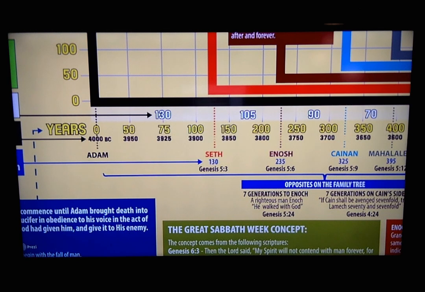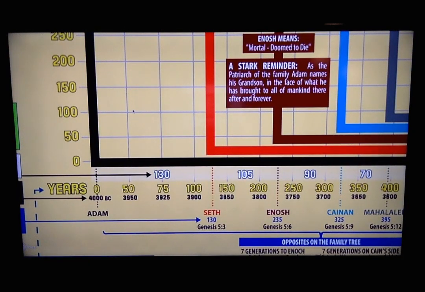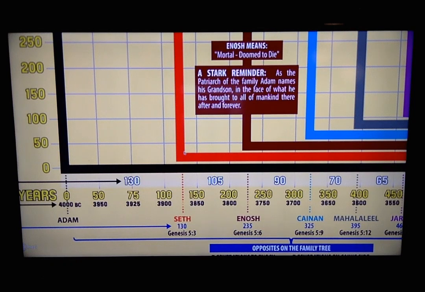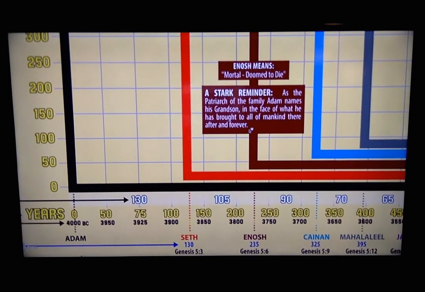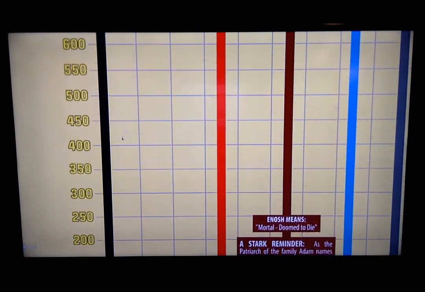Spiritually, we understand that they died right away. Physically, it took 930 years for Adam to die. Now, Adam is represented by this black line, this thick black line that you see. His son Seth is represented by this red line, hence his name is actually red. And Enosh in this burgundy. And if you follow this timeline all the way up to the top,